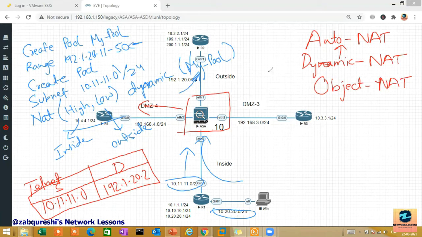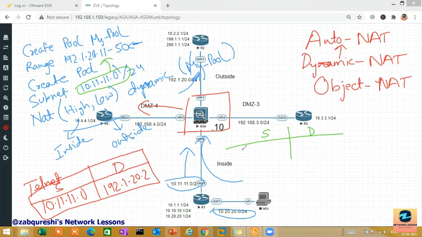For example, now let me take another. This is the packet from the ASA. On the ASA, you have a statement saying any IP address from the internal pool will be translated to any IP address from this public pool dynamically. So what happens here is the packet will now be changed by the ASA. The source and destination will change. The ASA will be changing